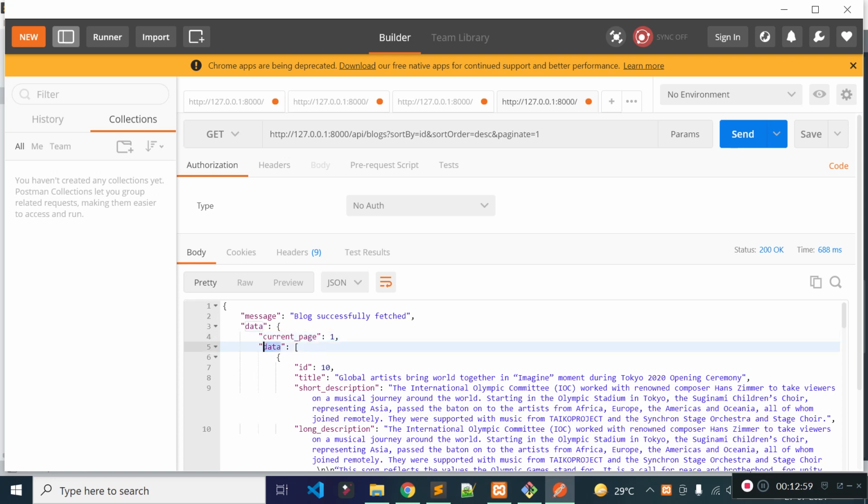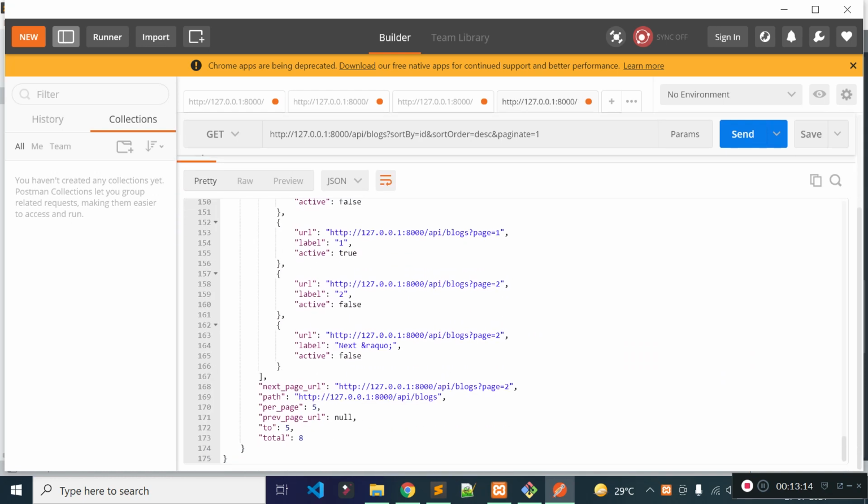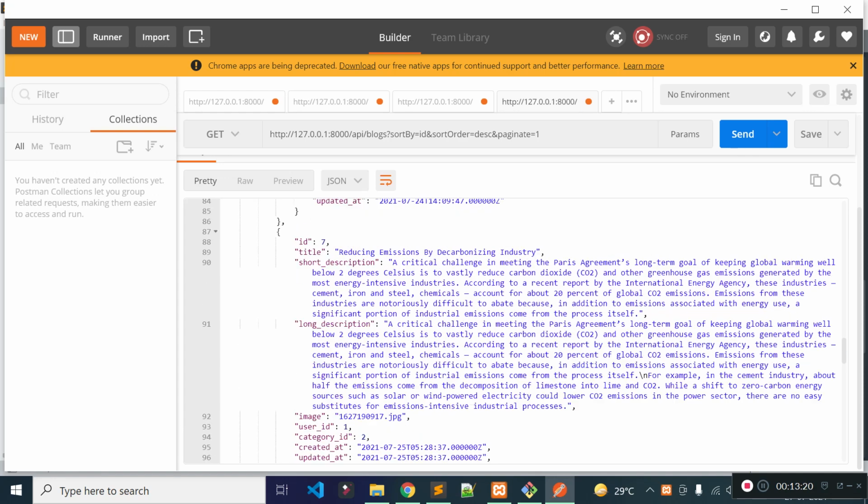Now our blocks are in the data key, under the data object, right? And we are getting all the other information for pagination like current page, and then there will be some other keys also, per page, previous URL, total, right? So our pagination is also working.